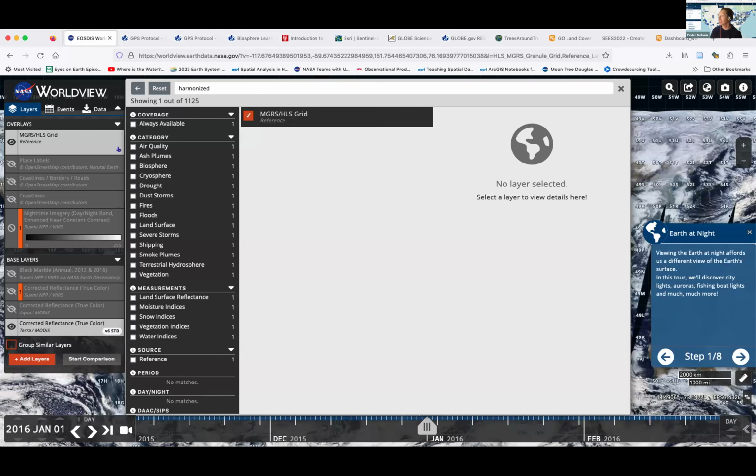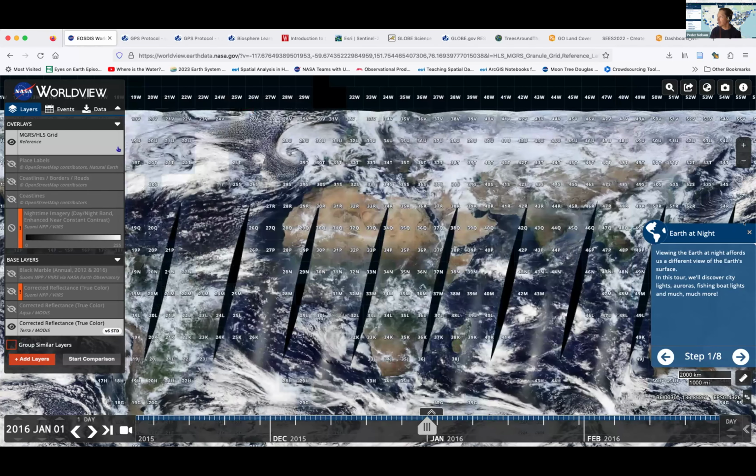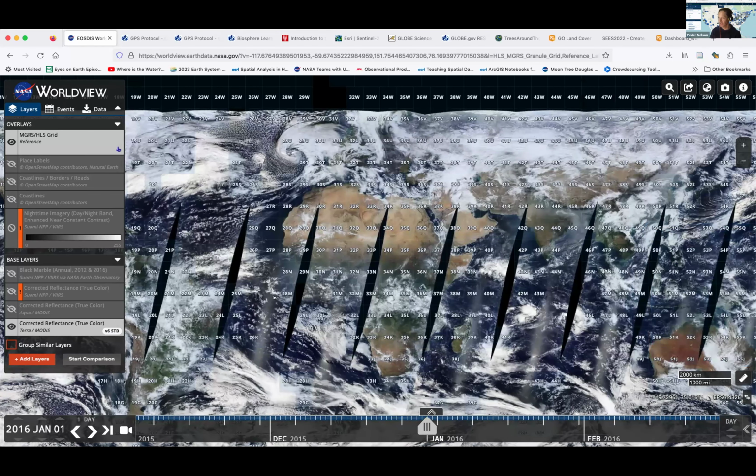And one of the things that when you start seeing this, I'm going to turn off some of this, is you start to see this global grid that GLOBE uses to reference you in the world. So there's two ways of finding yourself, and this is really important because we really not only care about what you're measuring, but where you're measuring it.